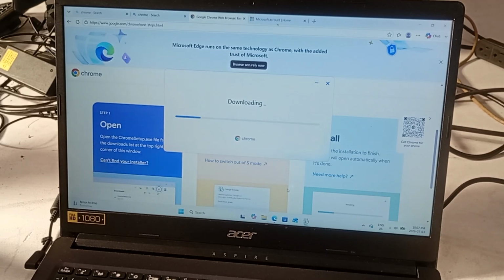So there you go. Just remember, if you're having issues switching out, just make sure you're logged in as an admin. Make sure you have a Microsoft account that you're also logged in with. Those are the things you need to have preset if you're having issues, as some of my subscribers have commented that they can't switch out. If you have any question after this, drop me a comment below in this video and let me know exactly what error message you're getting, and we'll